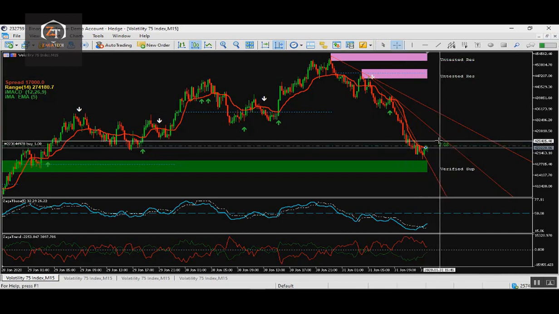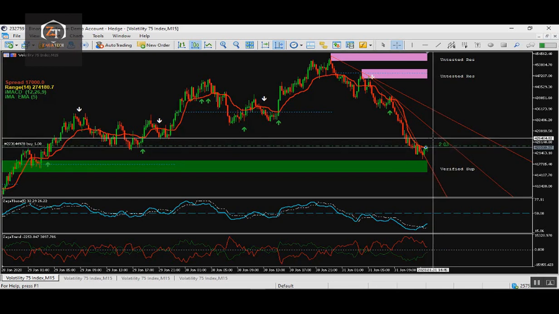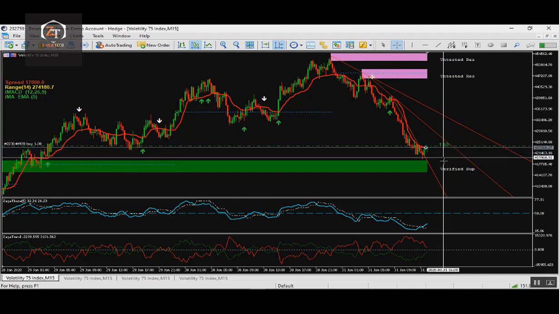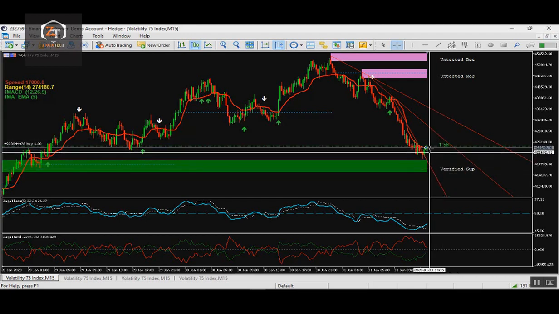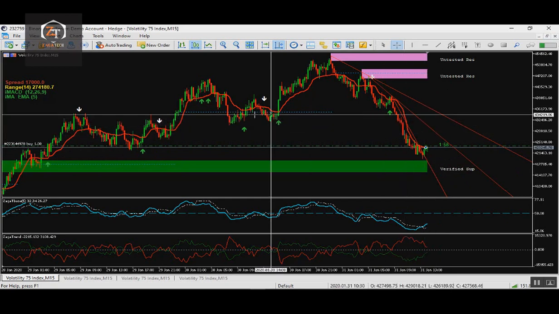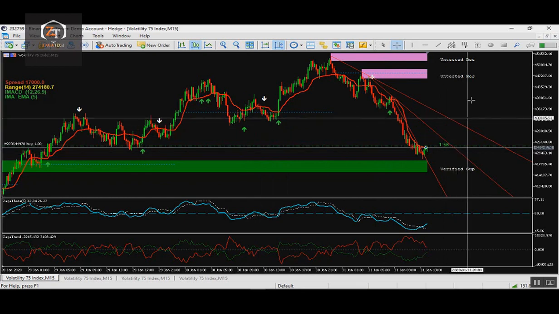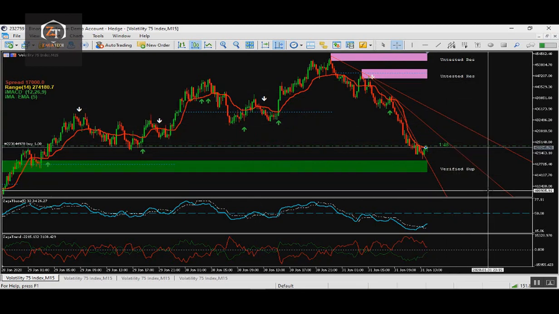When there is going to be a breakout on this area, somewhere here, a breakout on this area, not below, above here, for a buy or continuation of a sell trend. But I guess the market is going to move up to retest this area, this trend zone, before it comes back down to swing, or move up to test this zone before it comes back down to continue